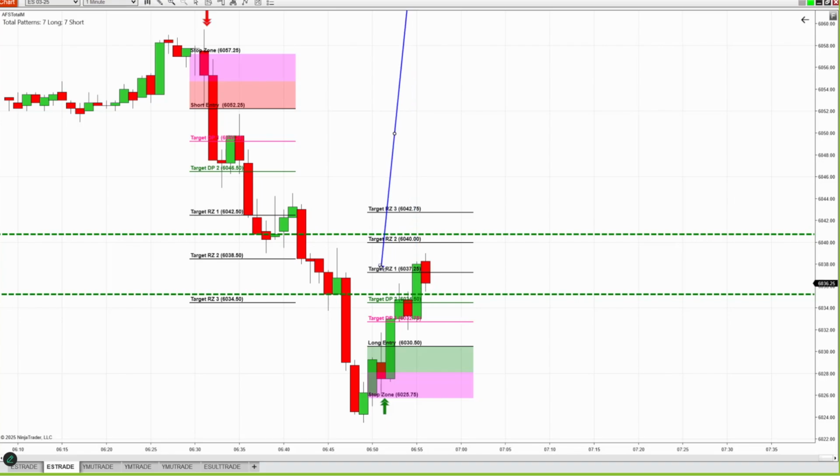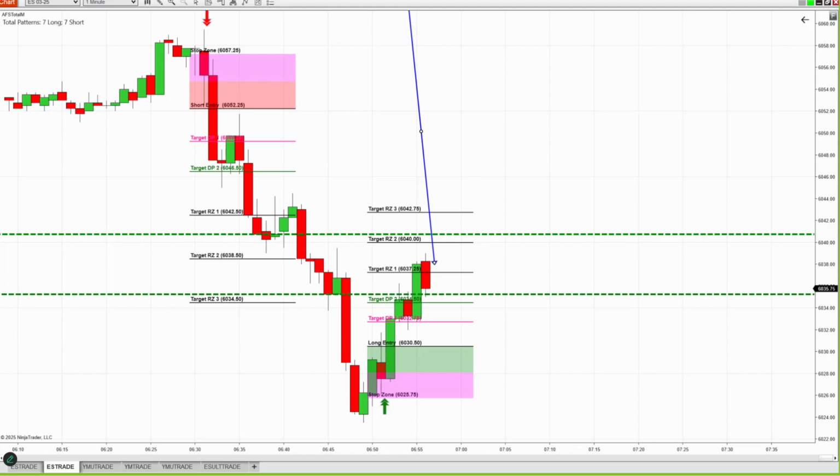RZ means reversal zone, correct? No speculation or gambling here. This is the key level to the downside. If price is not crashing through this level, the bullish rally will continue higher one step at a time. You are not a gambler, you are not a speculator, you have zero interest in blocking pure price. You've been there and done that.